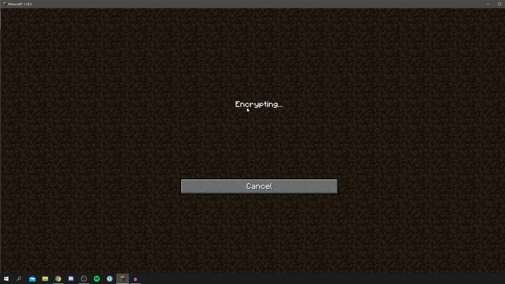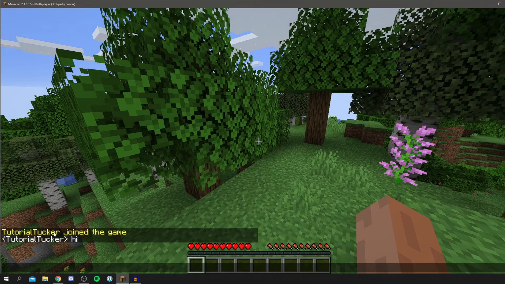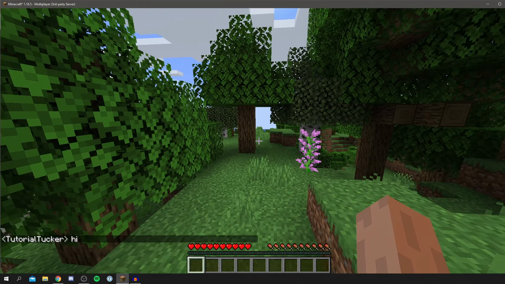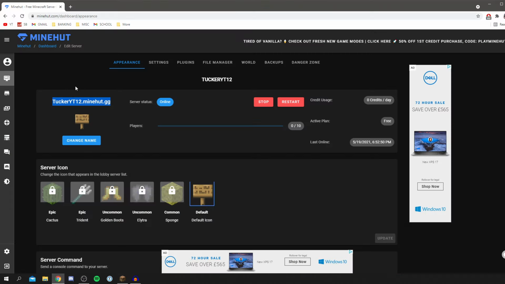It may take a minute to load, and then once it does, we can play. So continue to wait, and once it has encrypted, it's going to join you to the game. As you can see, TutorialTucker, hi, I can do that again, and this is a complete server. If you want to get your friends to join, all you need to do is copy this and send this to them. So this part here,